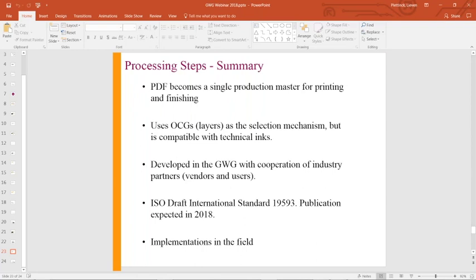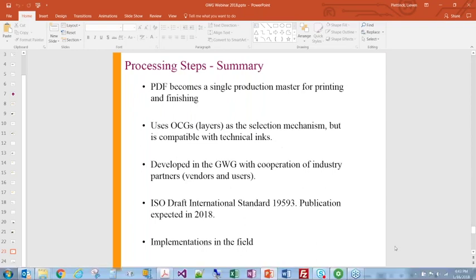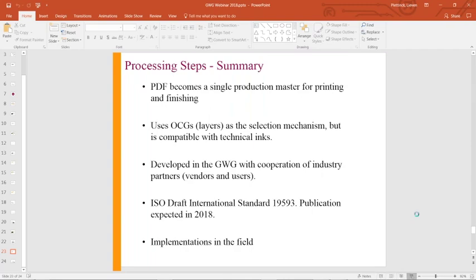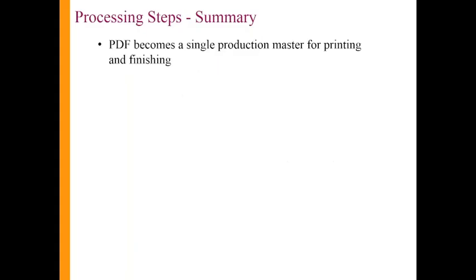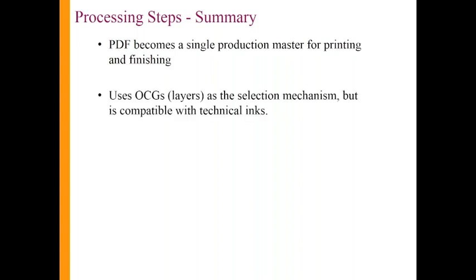So far the demo. Summary, and then we'll open up for questions. With processing steps, the PDF becomes a single production master for printing and finishing. It uses optional content groups, also known as layers, as the selection mechanism, but it is compatible with previous methods